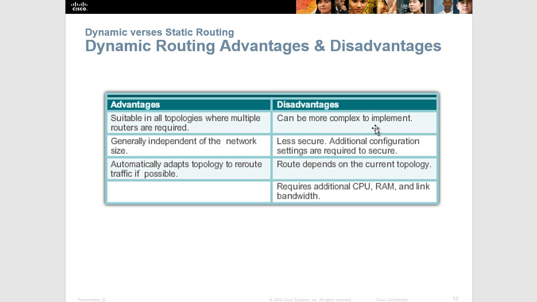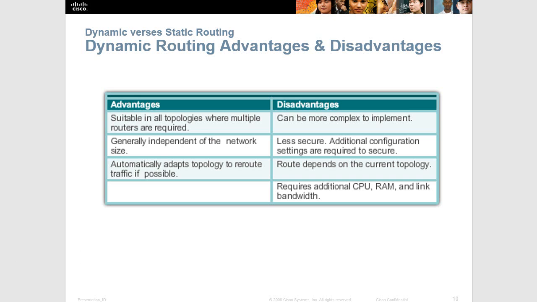Disadvantages: it can be more complex to implement, and less secure because it's sending those routing updates, sending routing information across the network, which potentially could be intercepted. The route depends on your current topology and requires additional CPU, RAM, and link bandwidth, because you are sending out more messages about the routes you know. You're sending out hello messages that let other devices in the network know that you're still up and alive, basically. But again, we don't get into that in this chapter, so I'll just stop there with the hello messages and